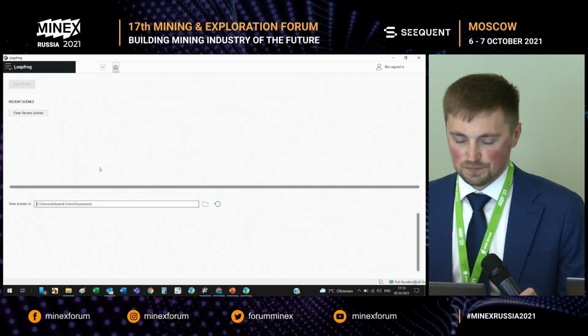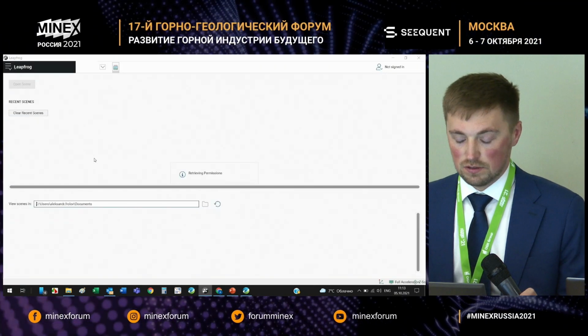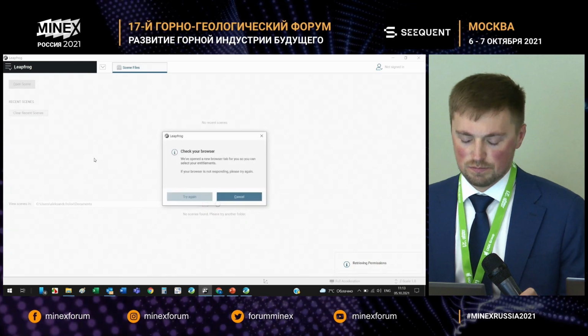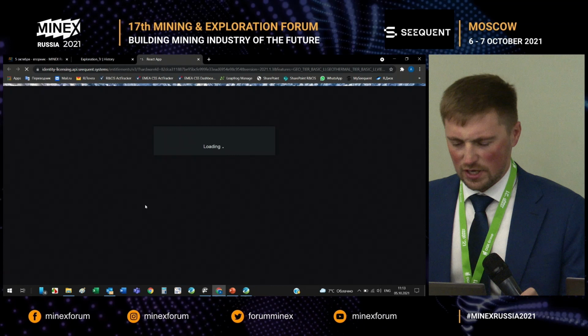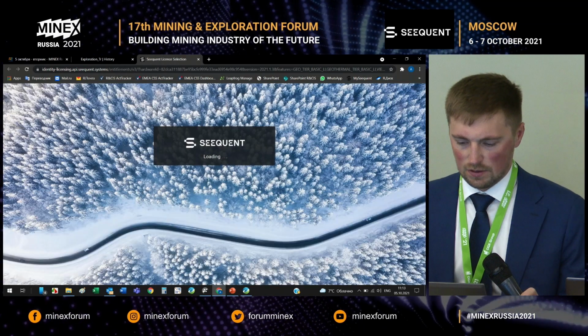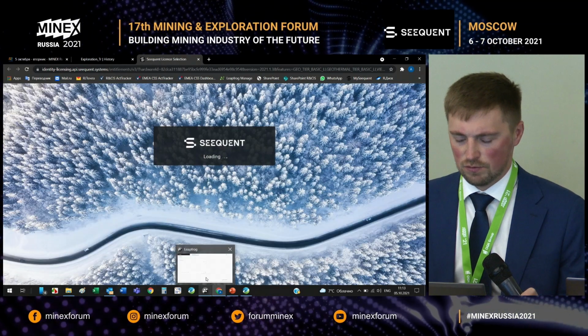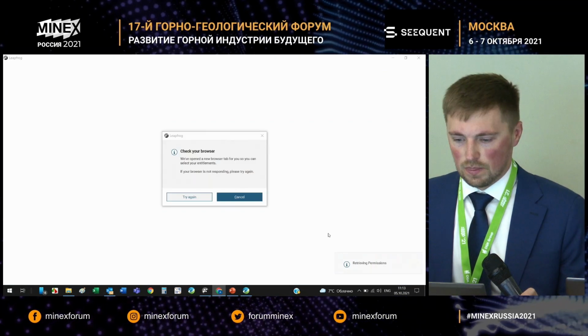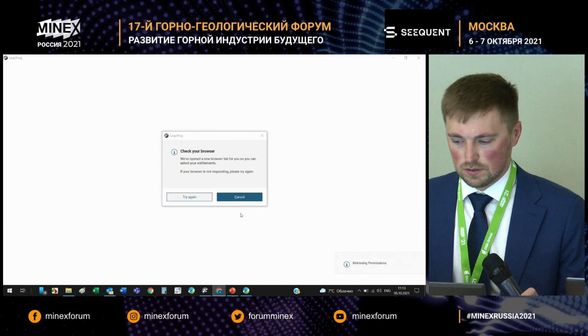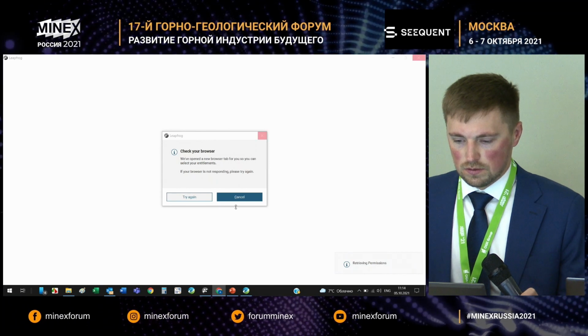If connectivity is gone, the downloading process will just stop for a while, and then continue as soon as connectivity is stable again. We have this as an inbuilt option both for Leapfrog and Oasis Montage.